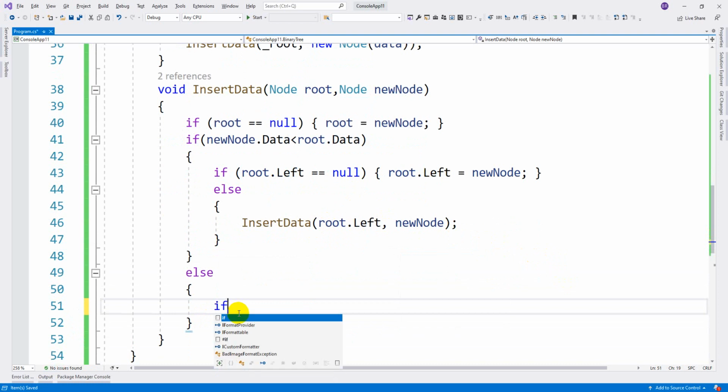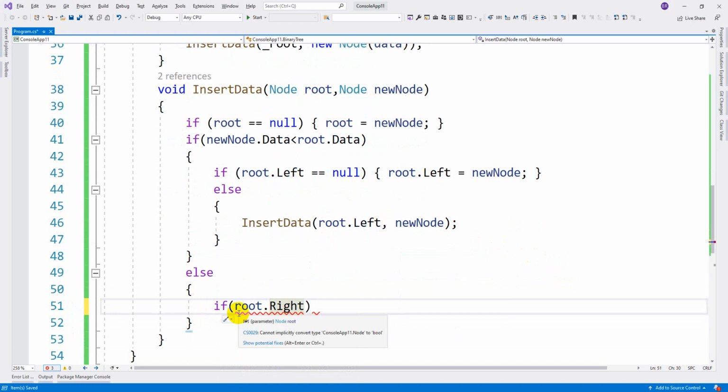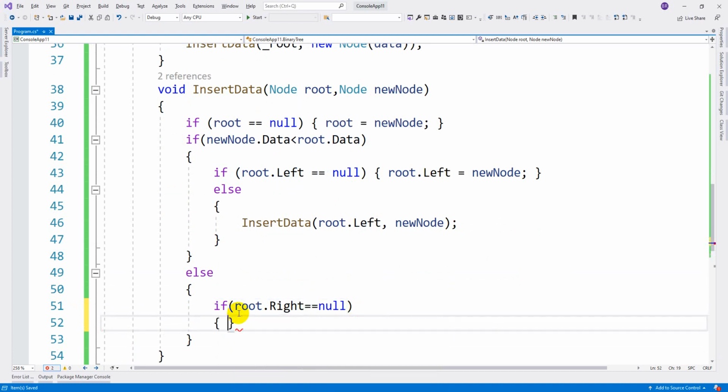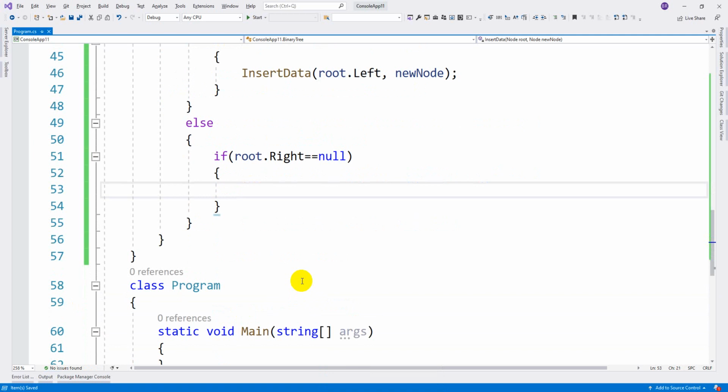So if root dot right equal to null, if there is no node at the right side, then root dot right equal to new node.